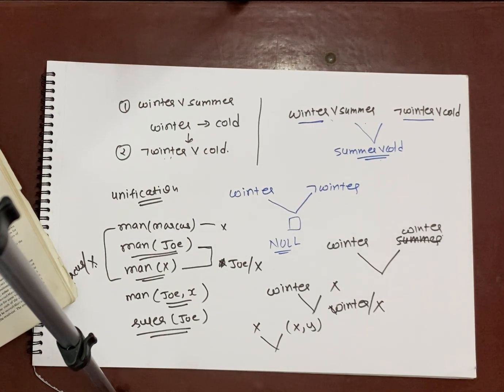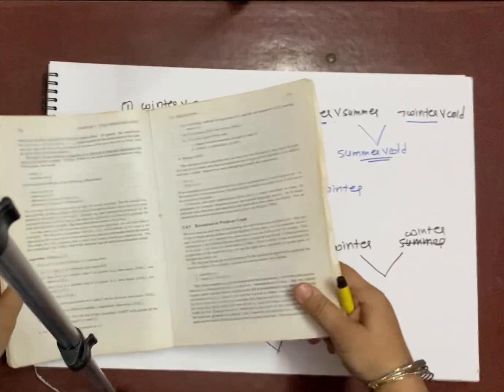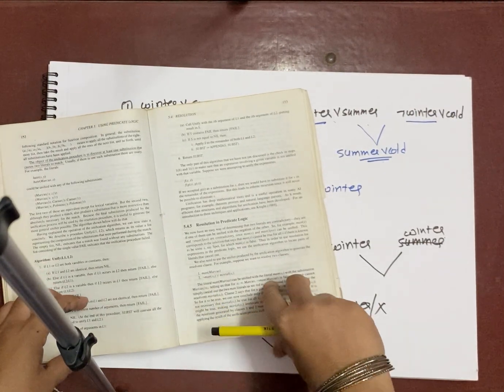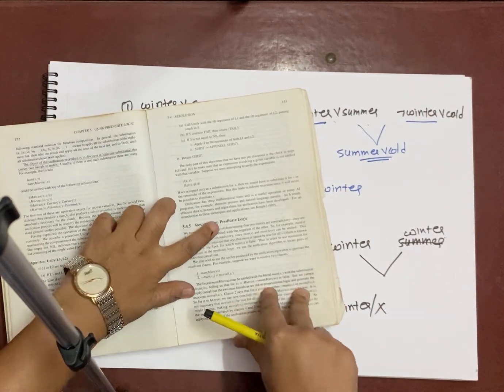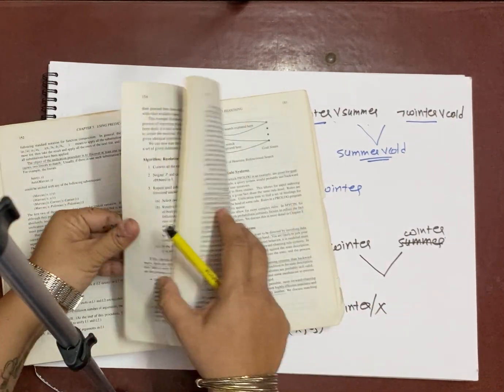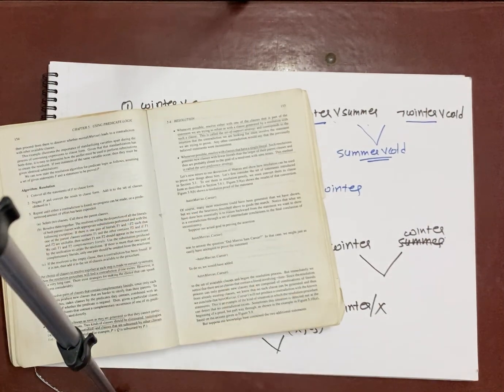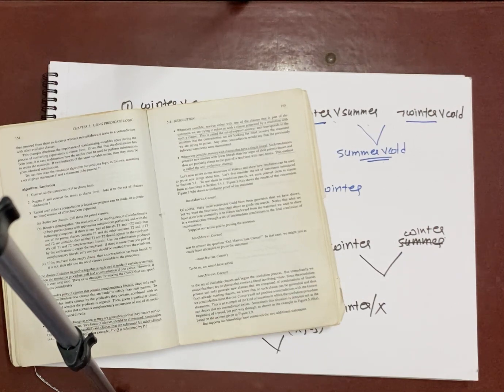In a few of the GTU papers it has been asked. So this is what we will be discussing in the next lecture, how the unification algorithm can be applied. We are going to write these steps properly so you can understand it properly, and then we are going to discuss this algorithm of resolution in predicate logic. Earlier we have discussed resolution in propositional logic. So this algorithm is same as the algorithm of resolution in propositional logic. Only instead of using propositions, now we are going to use predicates, otherwise simple.